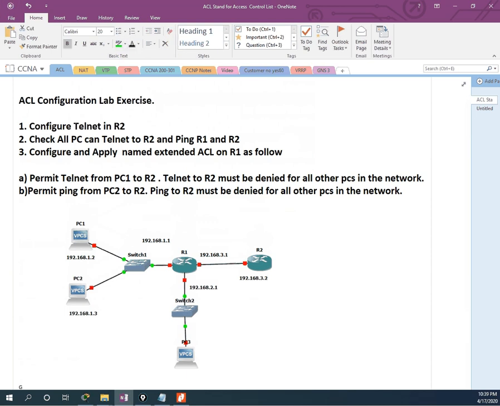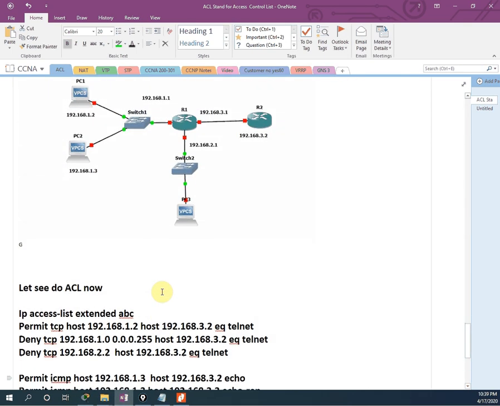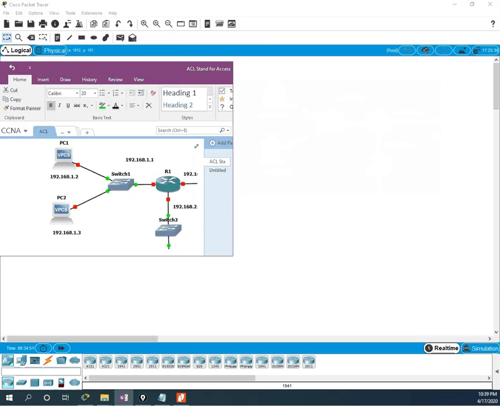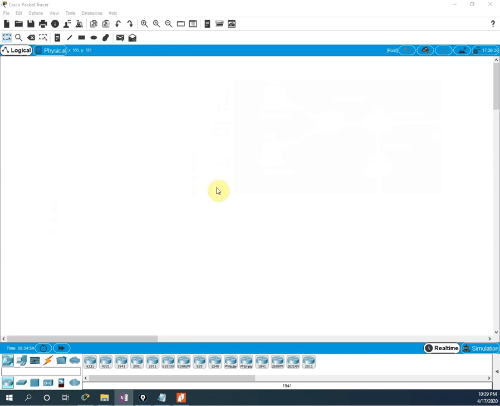So now what we can do is try to do this depending upon our knowledge, and we are going to change maybe some commands here depending upon how we can apply or cannot apply. Okay, so let me bring the packet tracer. I will remove the OneNote. Now we are going to do the lab in the packet tracer as per some of our subscribers, if they are facing issues. So I will do it from scratch, so they will have the idea how to take the PC and all this. I am taking one switch here, and then let me take 2 PCs. I have PC1 and PC2 here.